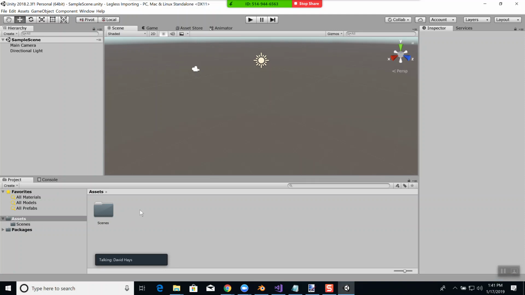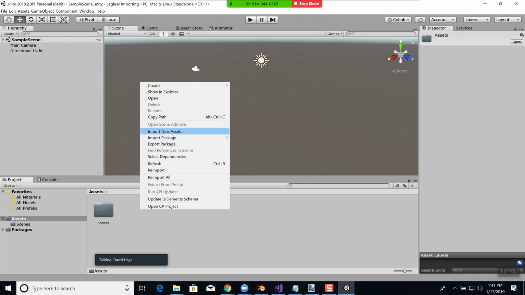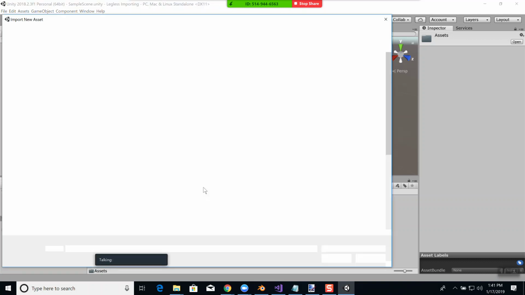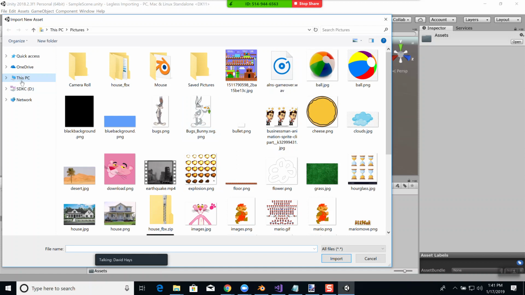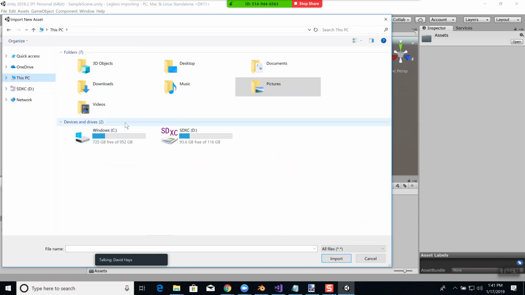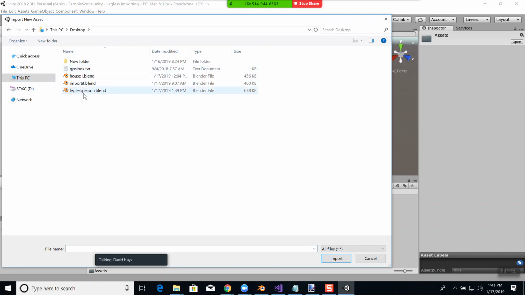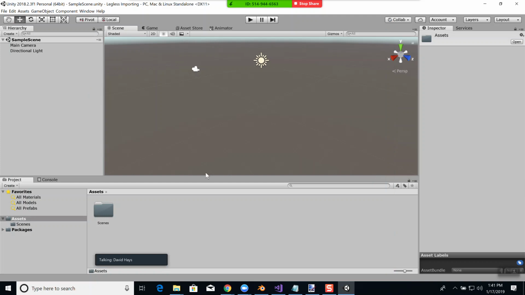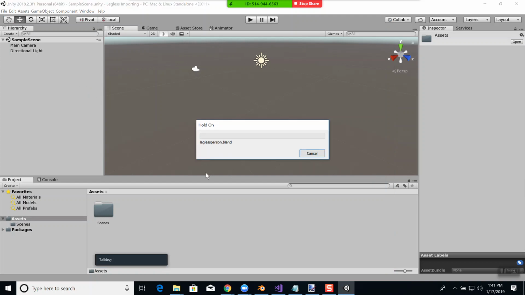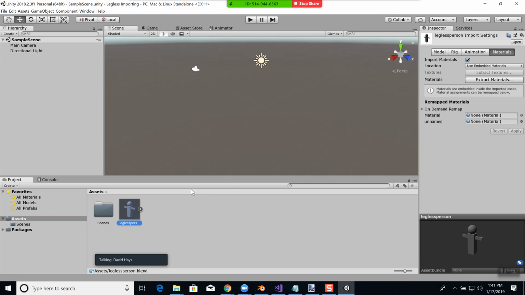Okay, so down here in the assets, I'm going to right click and I'll say import new asset. And I'm going to go to my desktop. And I'll bring in the legless person. Now this not only imports that in, but it copies it to the assets folder. So now if I make any more changes in Blender on this particular model here, it will not be reflected here. I'd have to actually open up the blend file in that